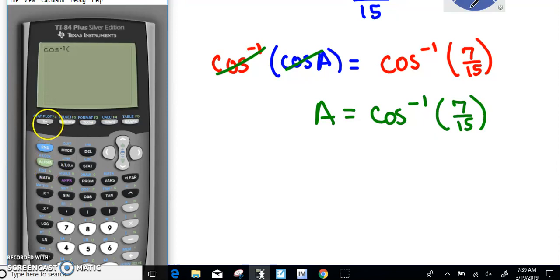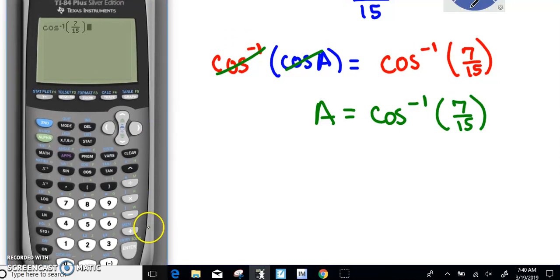We're going to do the fraction bar, so alpha y equals, and then number 1. I'm going to do 7 over 15. Then we close our parenthesis, and we have to hit enter. And we get approximately like,